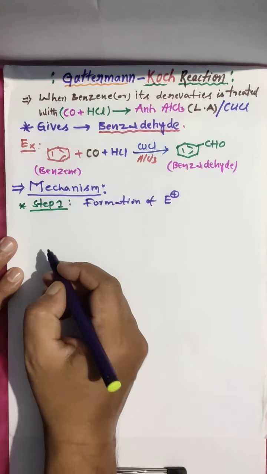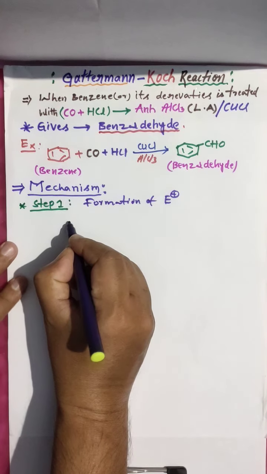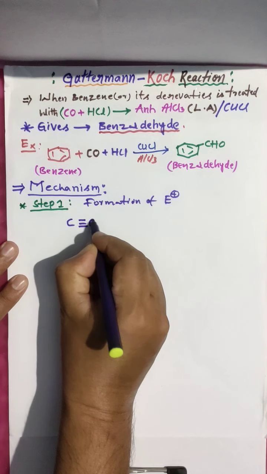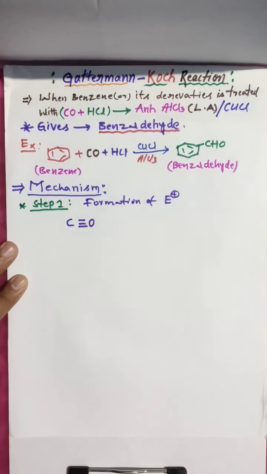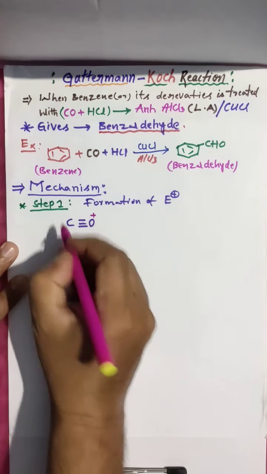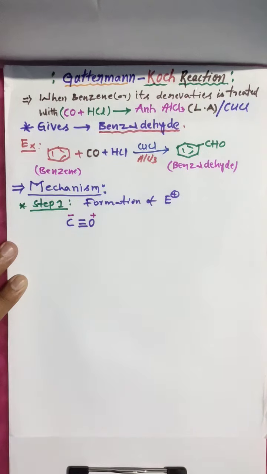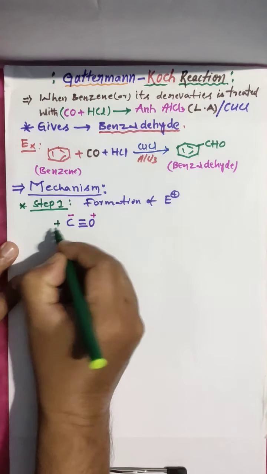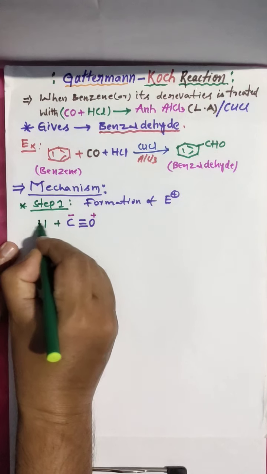How will the electrophile be formed? Let me go. Here I am taking carbon monoxide, oxygen plus, carbon minus. And we have another reagent, that is HCl